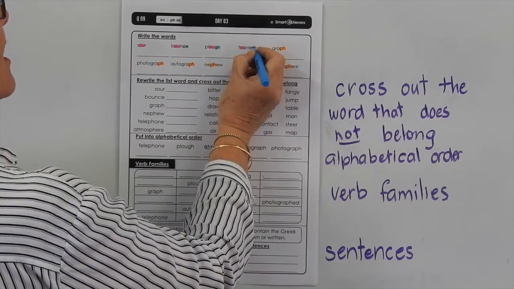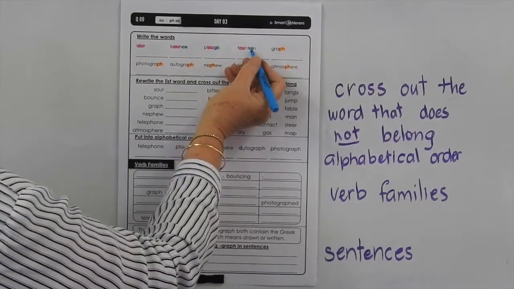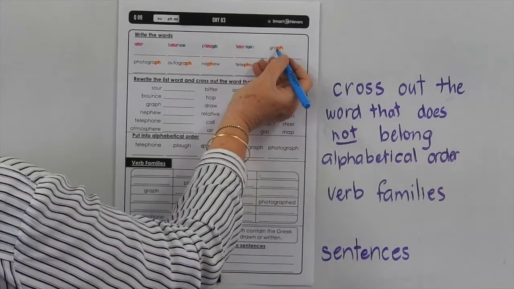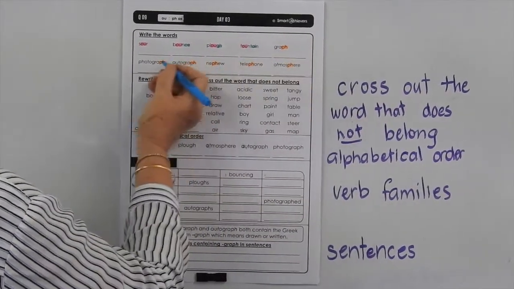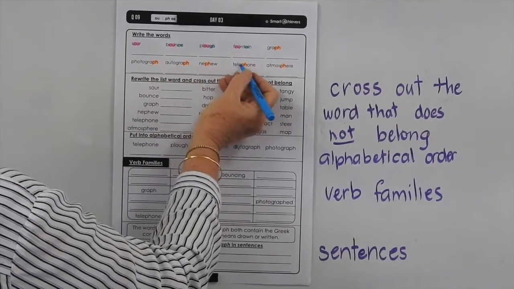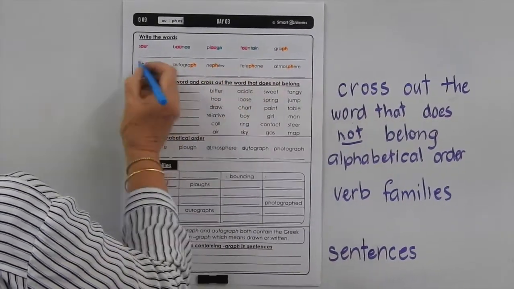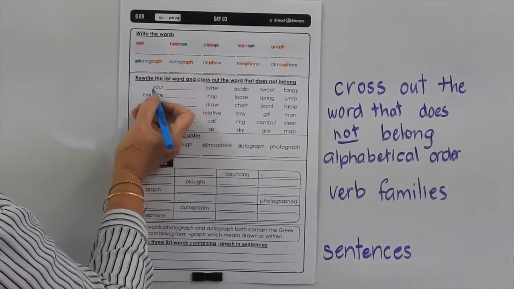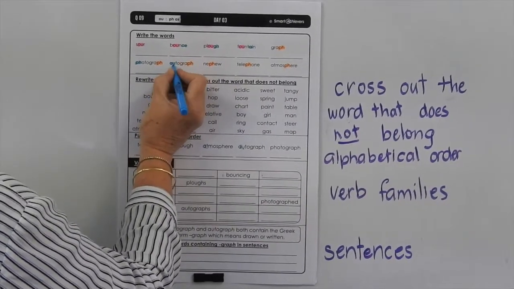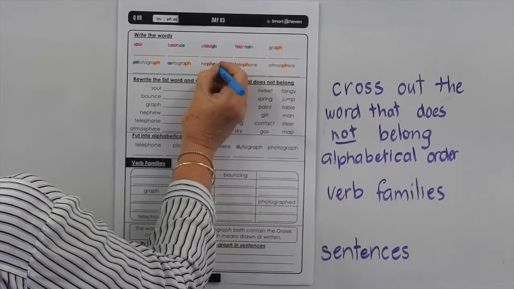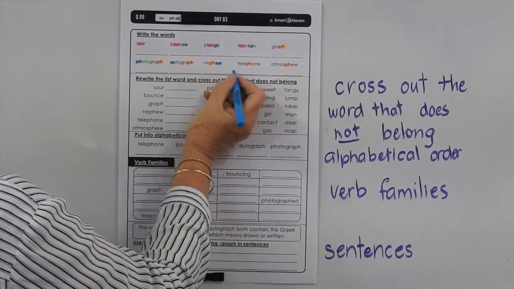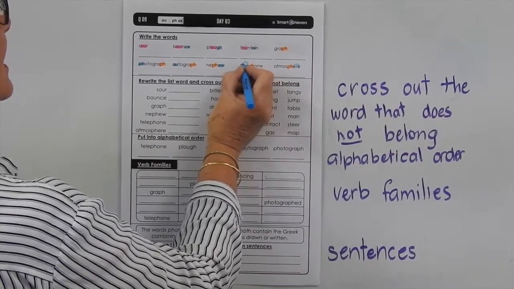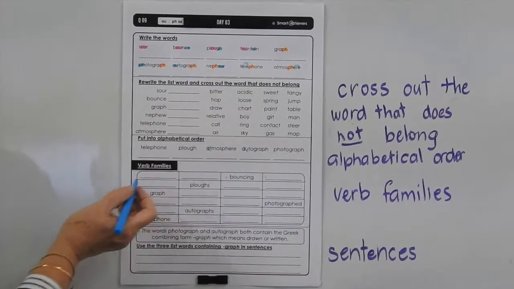Fountain, you've got the AI before the N at the end. So we tend to give that a schwa sound. We go fountain. You have to remember that it's AI at the end. Then we've got the PH for the F in graph, photograph, autograph, nephew, telephone and atmosphere. So you've also got the PH in photograph, at the start and the end of the word. In autograph, that AU is a tricky all sound. In nephew, you've got that OO sound at the end with the EW. Telephone and atmosphere, just be aware that you've got that E and E link in both of those.